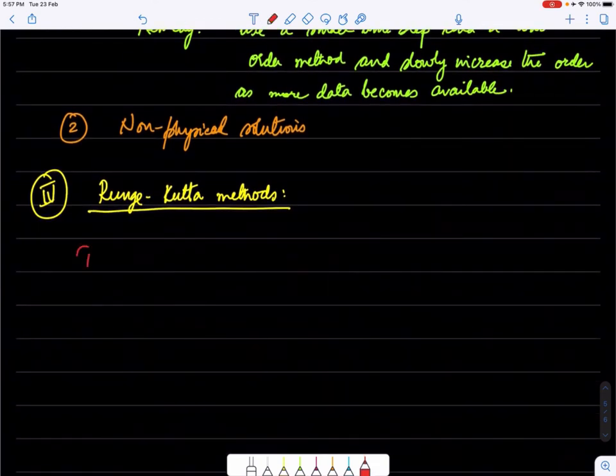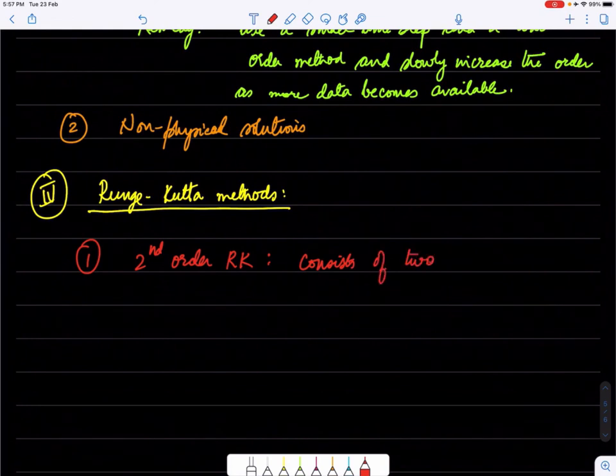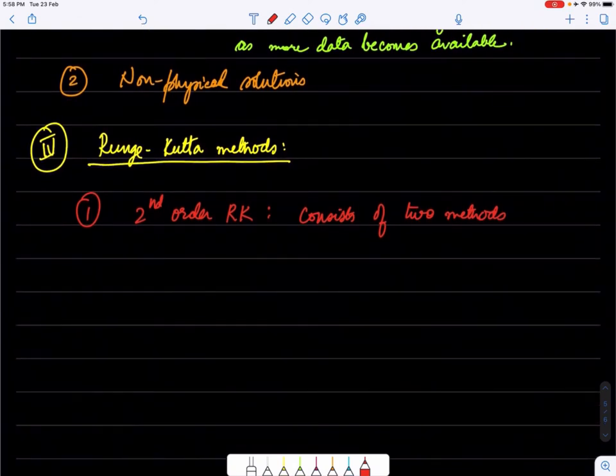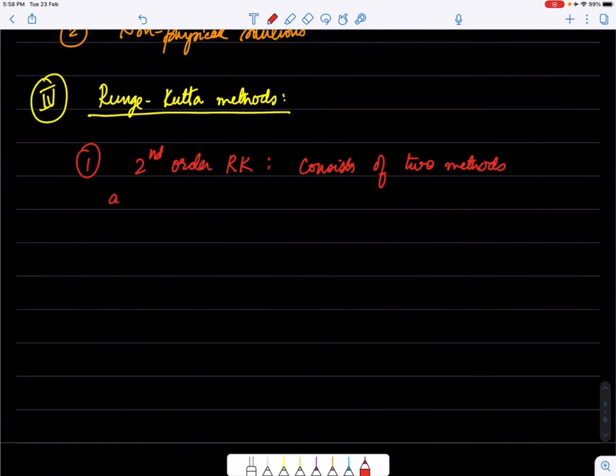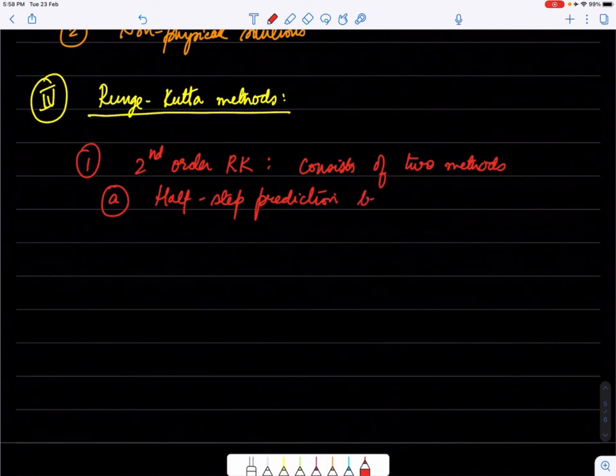The first one and the most basic one is a second order Runge-Kutta method, which I am going to denote as RK, and this consists of 2 steps. Now remember, this is a method in which we are going to create more data within the time interval of tn and tn plus 1. So the first step of creating data is that we will do a half step prediction. The half step prediction is based on explicit Euler method,